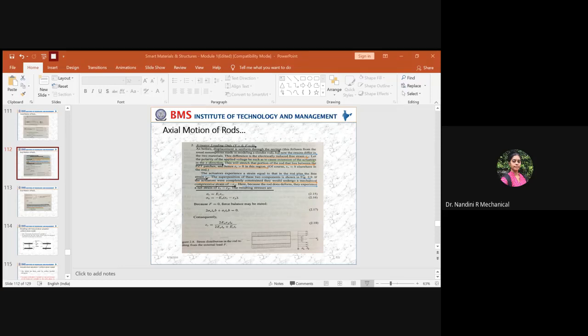If you have a bonding layer, then the piezo patch adheres to the surface very smoothly and it will be firm. So it helps in getting a smooth displacement. Sometimes, if there is no bonding layer between the piezo layer and the substrate, then you will not have the proper deformation related to adhesion. You will have only deformation caused due to ploughing. So you should have some bonding or adhesiveness between the two layers.